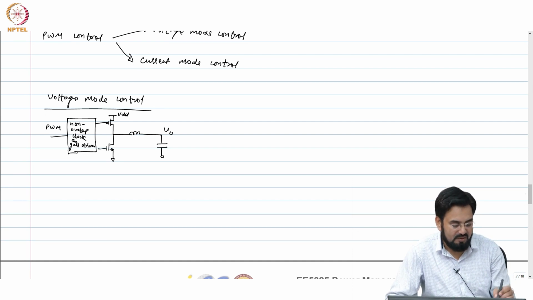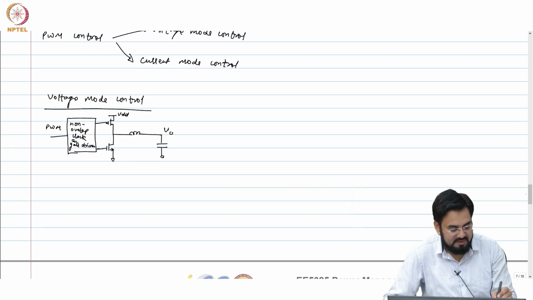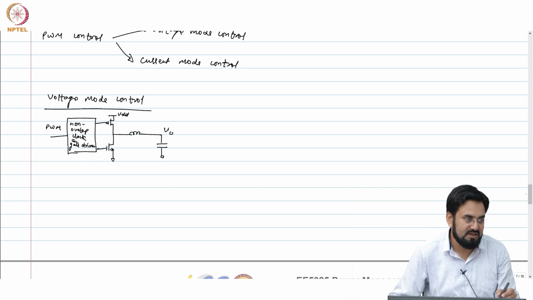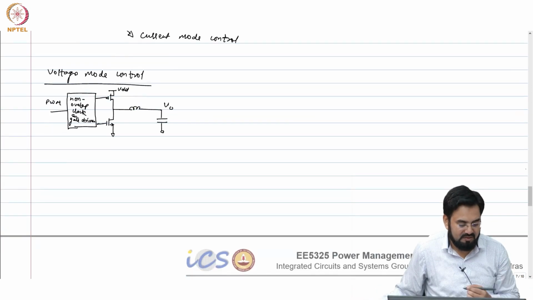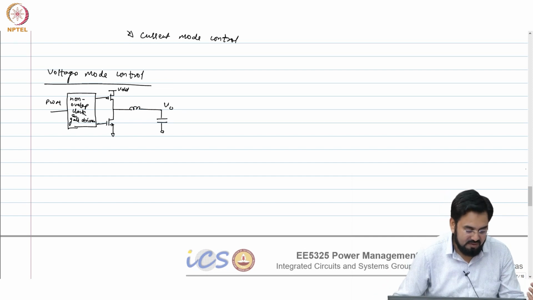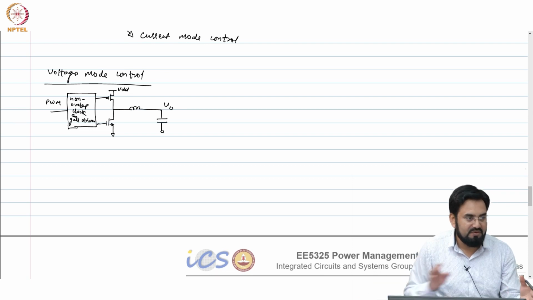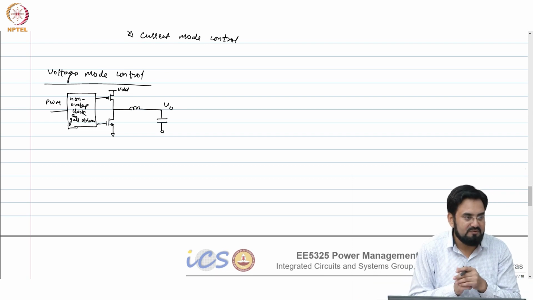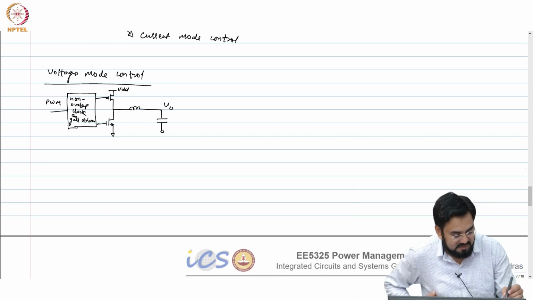So, it generates two clocks with a non-overlap, basically they are non-overlap in the same polarity because one is PMOS and one is NMOS. So, when this is high, this should also be high to turn it off. When this is low, PMOS gate will also be low. So, it will turn on PMOS. Non-overlap is basically also called break before make, which means before you turn on the other switch, you first turn off the current switch and only then you turn on the next switch.